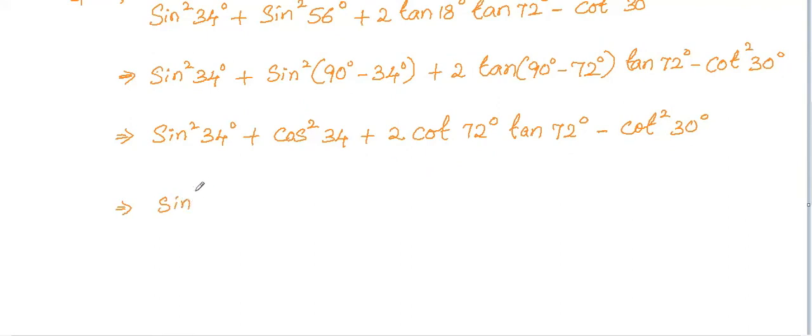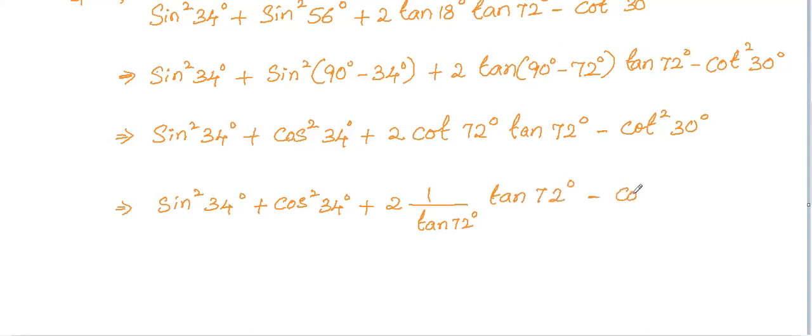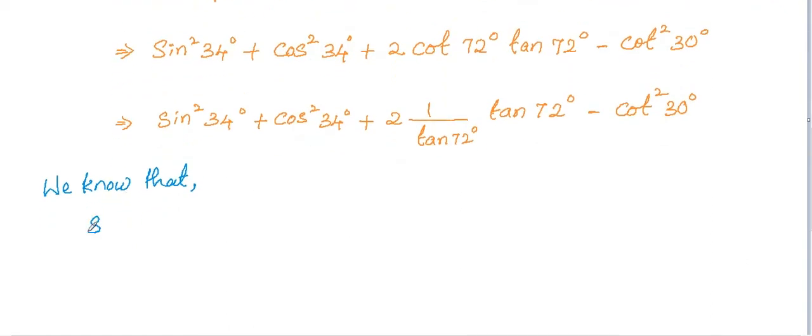Now write down sine square 34 as it is, then cos square 34, and then cot theta can be written as 1 by tan theta. So cot 72 can be written as 1 by tan 72 into tan 72 minus cot square 30. Here we can cancel out tan 72 and tan 72 because it's in the numerator and denominator. And we know that other trigonometric identities, which is sine square theta plus cos square theta is 1,